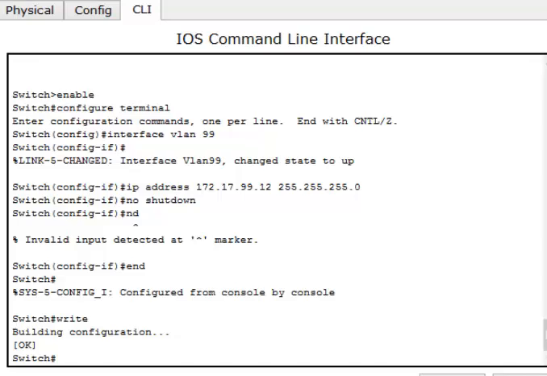Assigning a management address allows IP communication between switches, and also allows any host connected to a port assigned to VLAN 99 to connect to the switches. Because VLAN 99 is configured as the management VLAN, any ports assigned to it are considered management ports and should be secured to control which devices can connect to these ports.